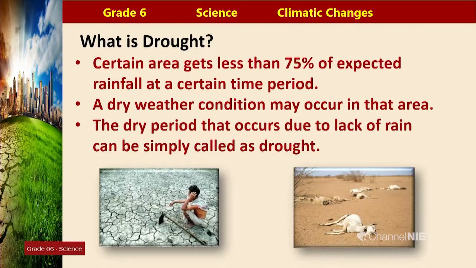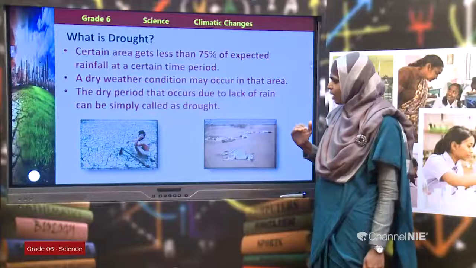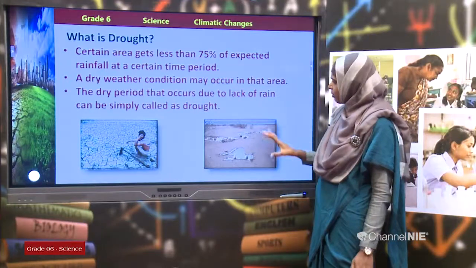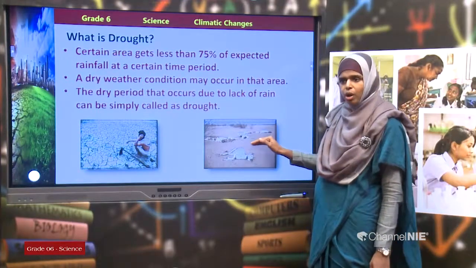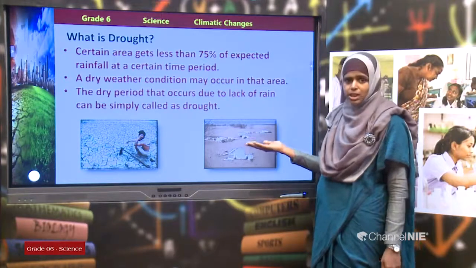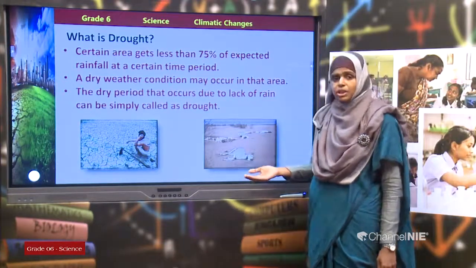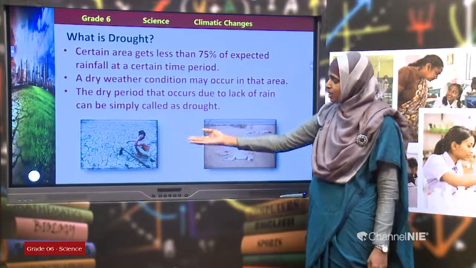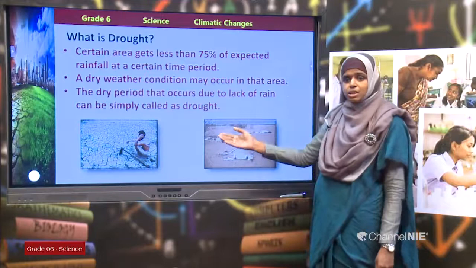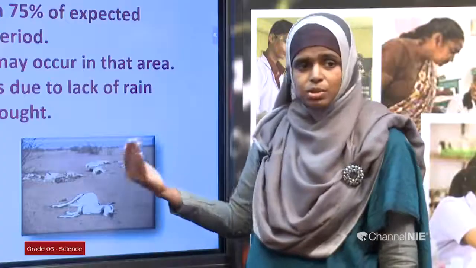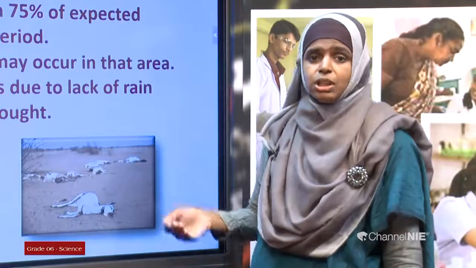You can see the impacts of drought. First, it would start with excessive evaporation. Water evaporates excessively from water bodies as well as plants and agricultural lands, and the groundwater level reduces day by day. Thereafter there won't be sufficient water for the animals. Animals would die, children. There won't be sufficient water for agricultural activities. You can see a farmer weeping, and for human consumption, there won't be sufficient water, children.